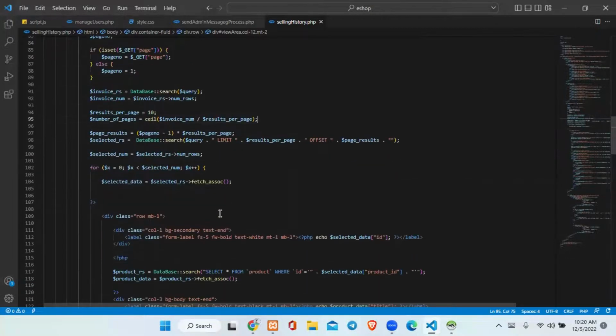So that's all for this design. So I hope you understood what I explained. So I'll be back with the programming part of this